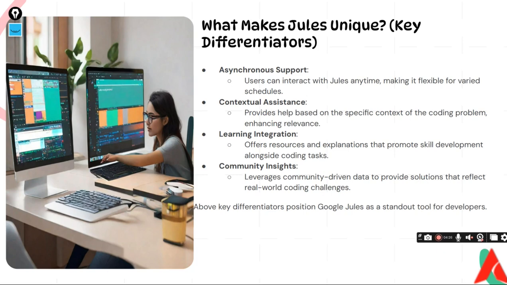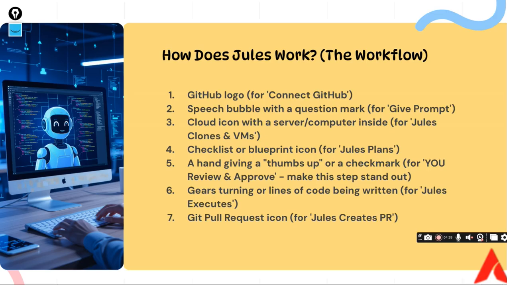To start, first we need to connect Jules with your repo, meaning connect GitHub with your repo. After that you give the prompt to Jules about what you want to change, as a natural language task description. After that Jules clones it and puts it on a backend virtual machine, an isolated and secure workplace. This is a personal Google virtual machine, you can say a personal repository. They can compile and process your code,